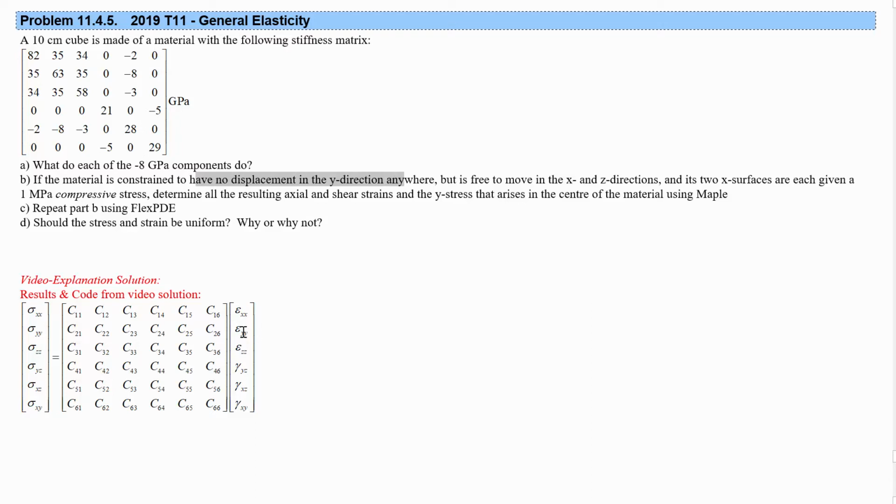That does fix this to be 0, but it doesn't by itself fix any of the shear strains to be 0. If it's free to move in X and Z, and we're not going to be resisting that, that says that the X stress is equal to 0, the Z stress is equal to 0. What else? Does that tell us anything about the shear stresses? We're not resisting it moving in X and Z, so that says that the shear stresses are 0, except for the one that we're actually applying. So actually X stress, saying it's free to move in those dimensions doesn't necessarily mean the stresses are fixed. It does mean that these stresses,